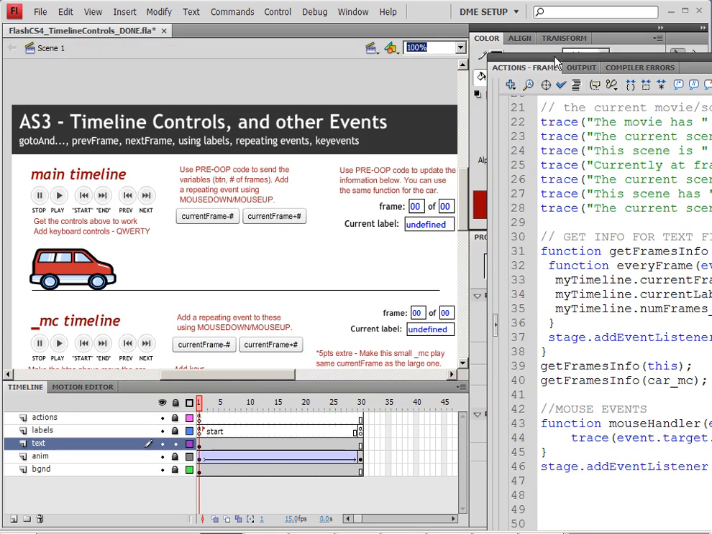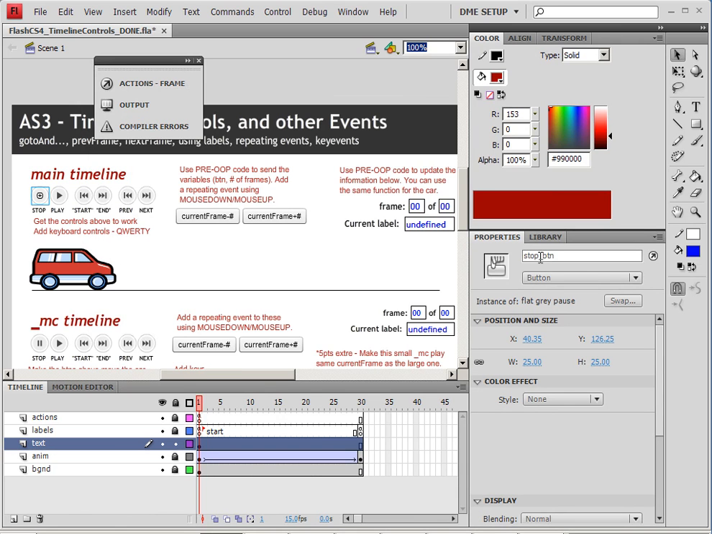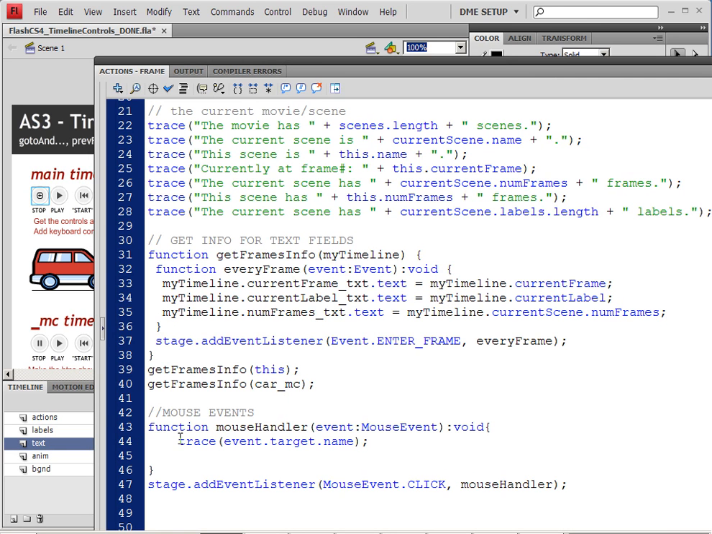So let's go back to our code, and let's just look at the first button that we want. I believe this is called stop_btn, so that's pretty good. So I'm going to actually do a conditional with this trace here. I can go ahead and comment that out, because I'll just do a conditional right underneath this. And I'll do if